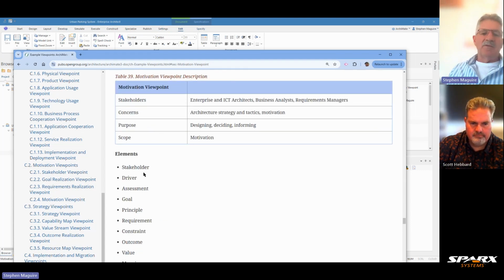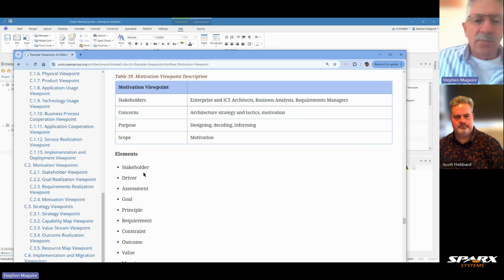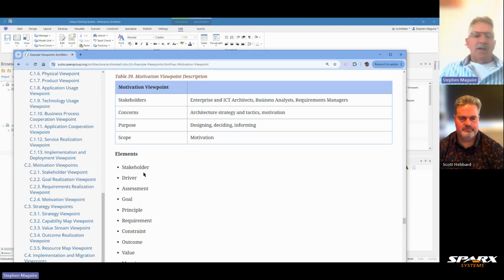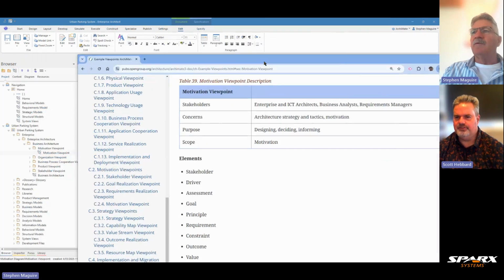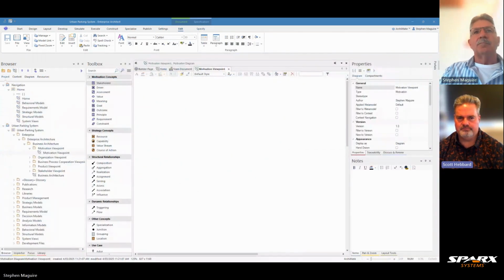When I say allow, it's not strict. It's not like you're going to get into trouble if you put the wrong things on, but it's just giving you some pointers as to the kind of things that you might want on this. But EA is helping you adhere to the standard by giving you the tools that you need when you need them. Exactly, Scott, and giving you the prompts that you need to go, okay, here are the things that I